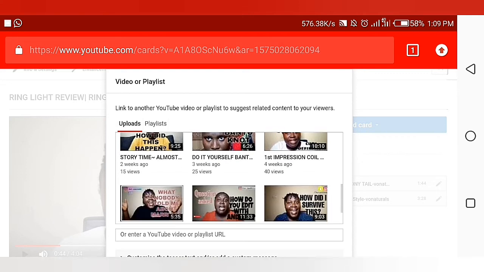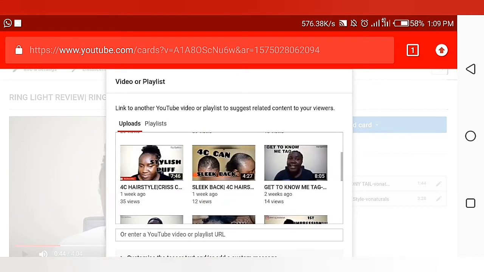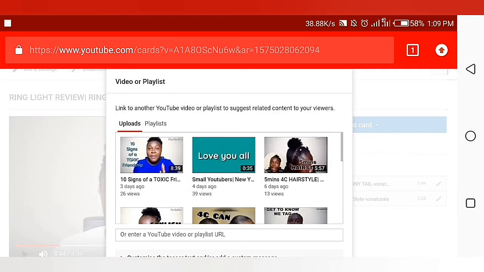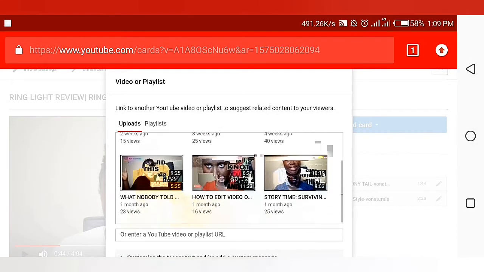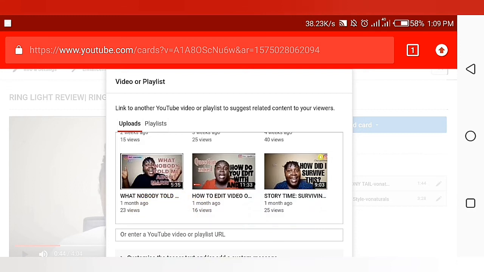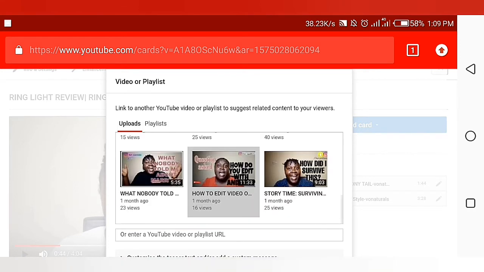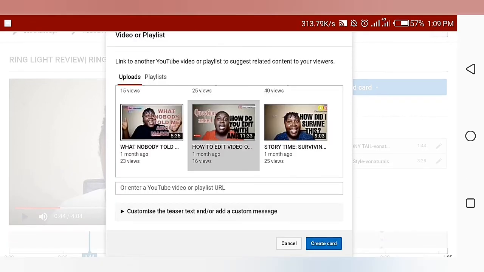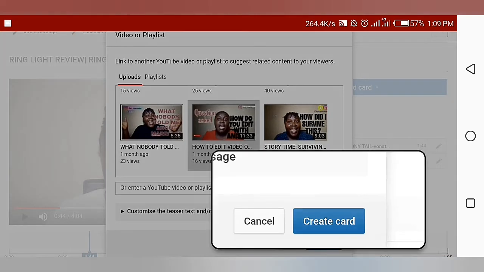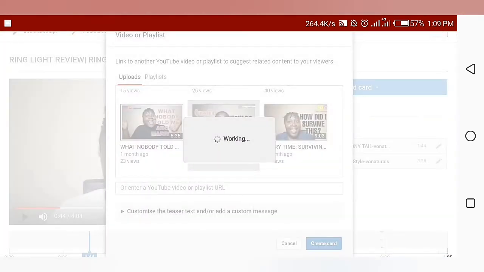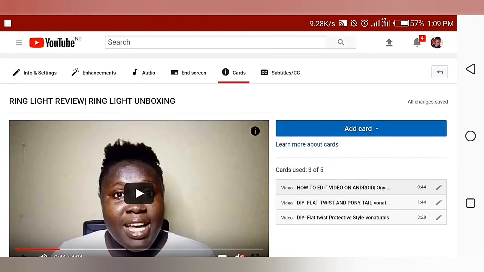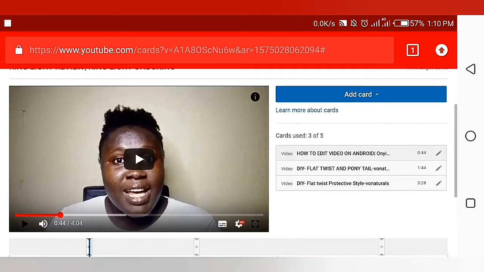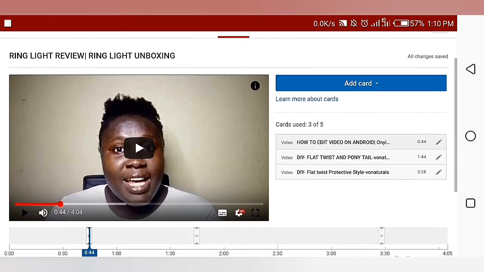So I'm going to choose this particular one. I'm still searching. Okay, let me just choose this one. So if I click on this one, I'll go to create card. Once I create card, it will display there. So for you to preview it, it's already there. Since I've created it now,